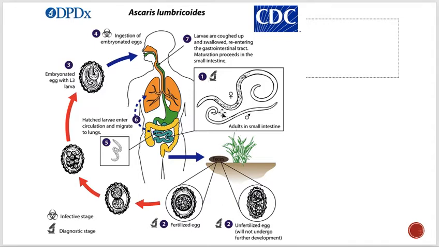The adult Ascaris form resides in the small intestine. See, this one resides in the small intestine, where they get their feed from the food you eat. They can live in the small intestine for up to 10 to 24 months. These adult worms are covered with a tough shell composed of collagen and lipids.